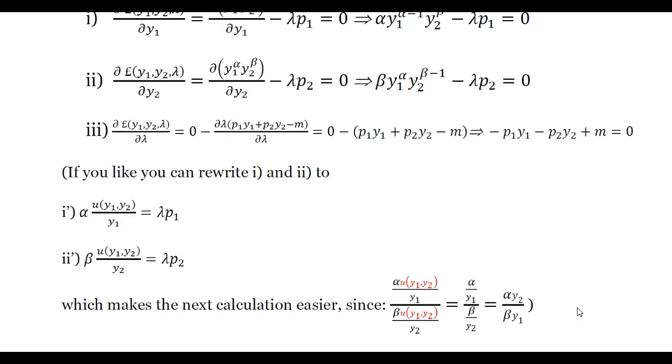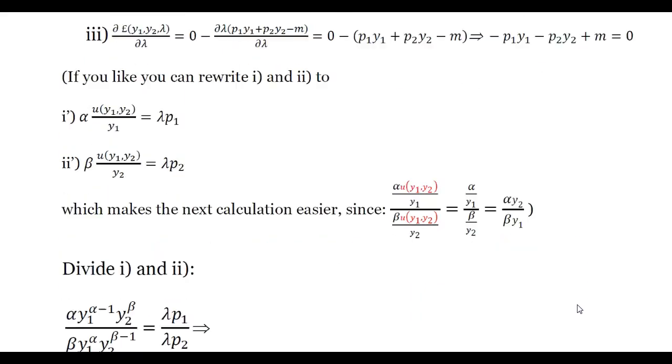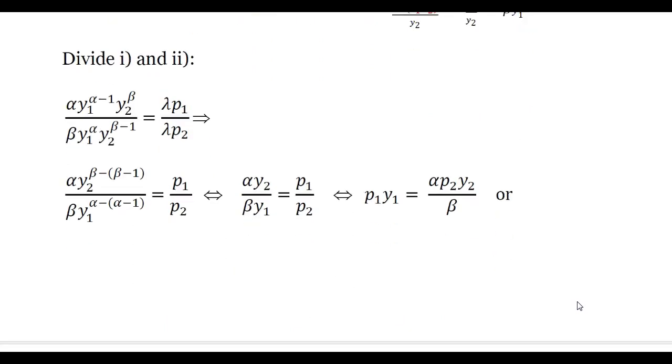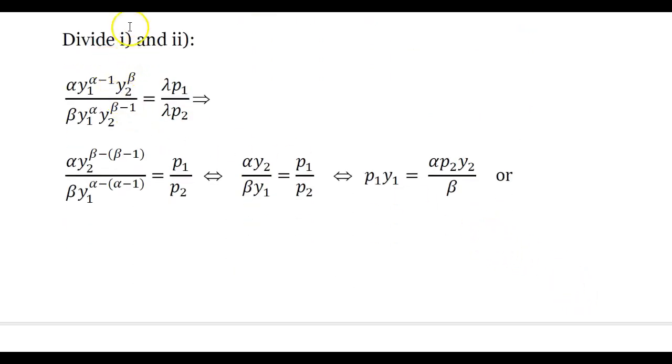So the next step is that we let the first order condition number 1 be divided by the second first order condition. So what you have here is the marginal utility for good 1 divided by the marginal utility for good 2, and that is equal to lambda p1 divided by lambda p2, so the lambdas cancel out. So what we have here is the marginal rate of substitution, which is the slope of the indifference curve, and that has to be equal to the slope of the budget constraint,